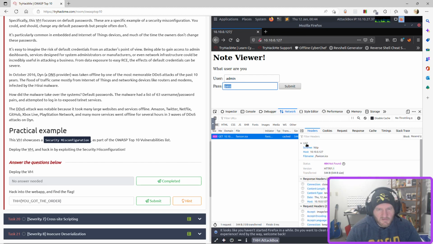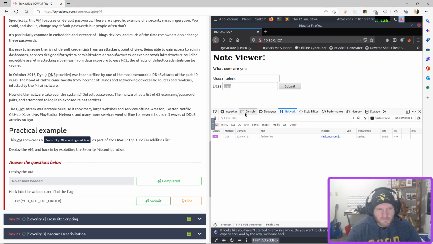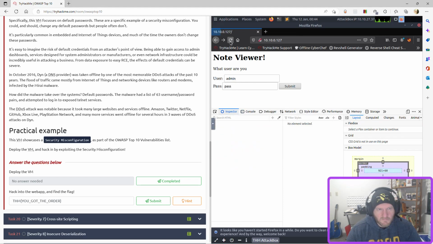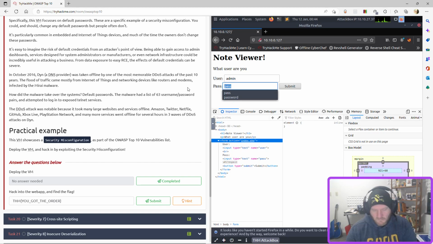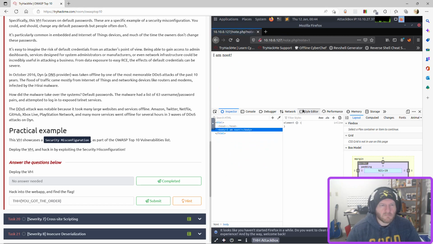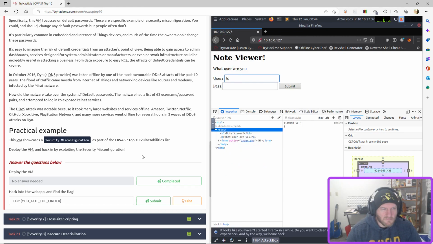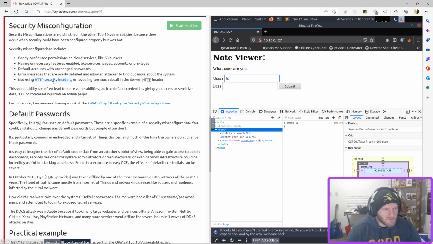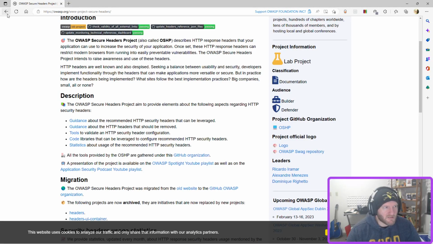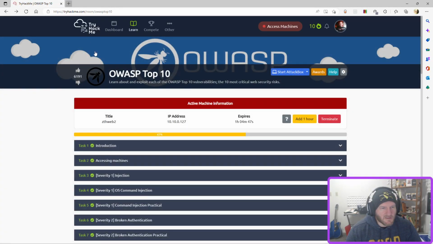Okay. HTTP security headers. Not using HTTP security headers. Okay, so